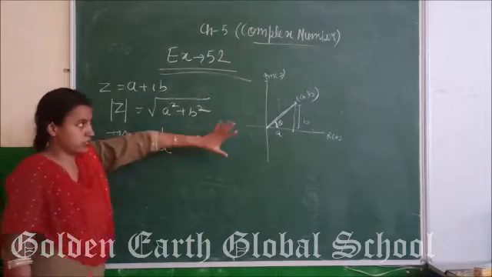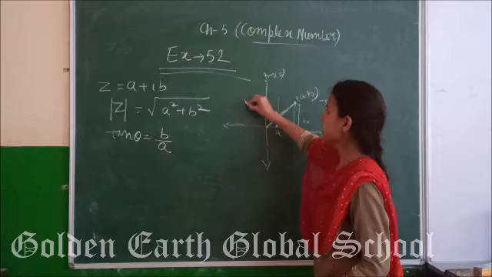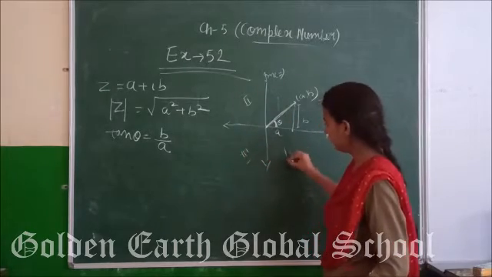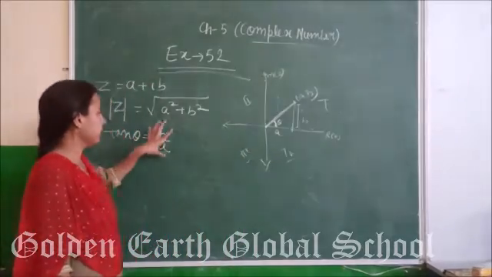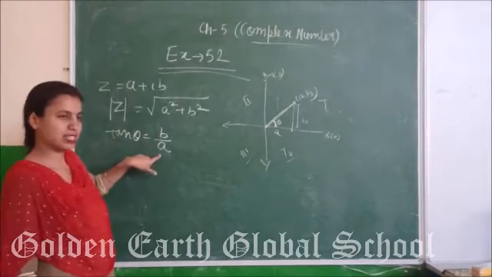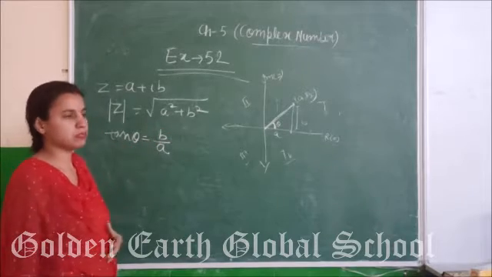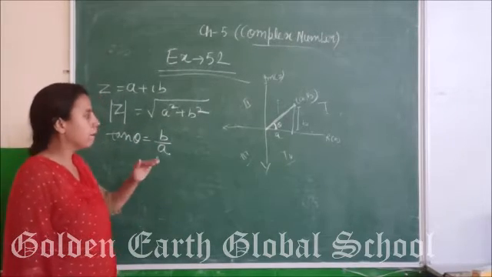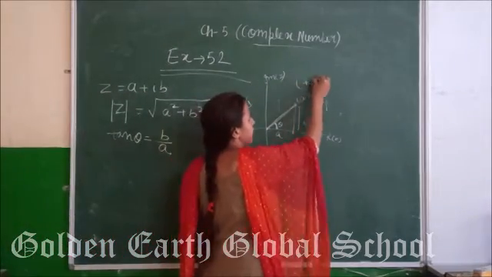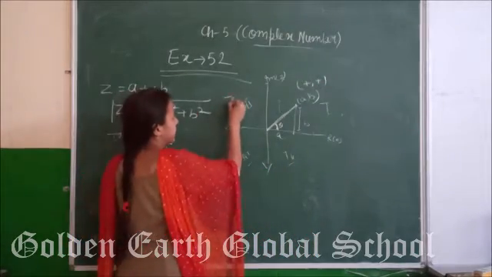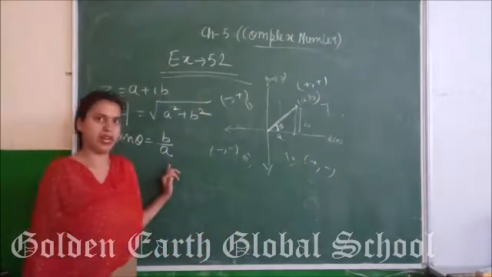Okay? It is positive. If it becomes negative, we know there are 4 quadrants: first, second, third, fourth. In 10th class we only studied this: if the value comes positive or negative, it is fine as it is. But here you have to check the values of a and b. We know that in the first quadrant x and y are both positive, in the second x is negative and y positive, in the third both are negative, and in the fourth x is positive and y negative.